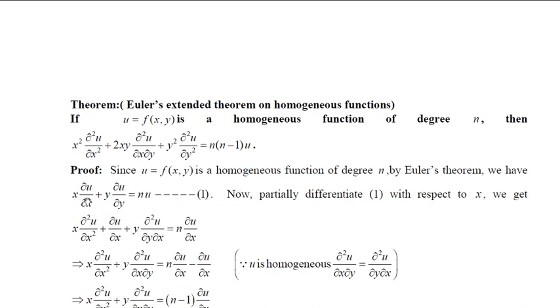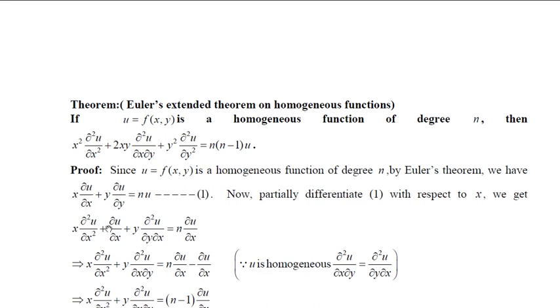Here x and ∂u/∂x both involve the variable x. Now, you are differentiating with respect to x. Therefore, your y should be treated as constant. Now, apply the product rule for this. Keep x as it is. What is the partial derivative of this with respect to x? Again, you will get one more ∂/∂x in front of this. So, x into ∂²u/∂x² plus,